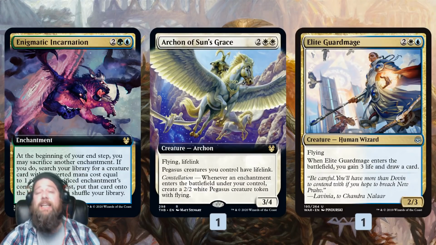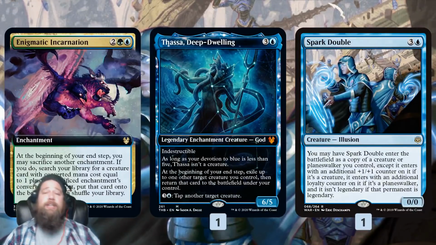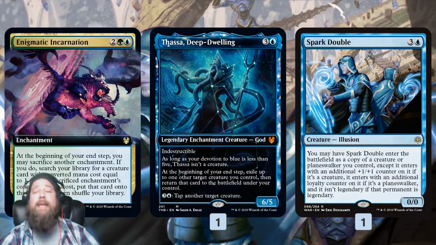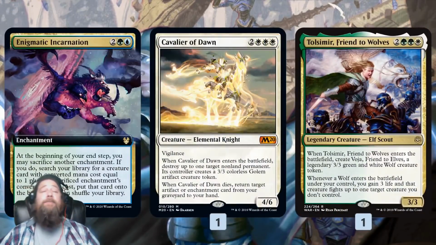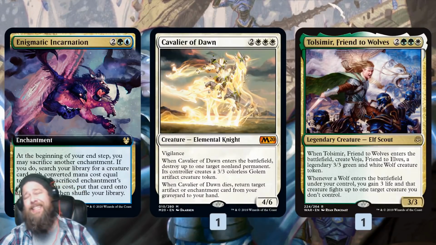Elite Guard Mage gives us some card draw, some life gain, and helps us stabilize against aggro. Thassa's Deep-Dwelling, already talked about it, is a good blink target. Spark Double can be anything else we have on the battlefield. In the 5-drop slot, we have Cavalier of Dawn and Tulsiber are removal 5-drops, basically killing something when they come